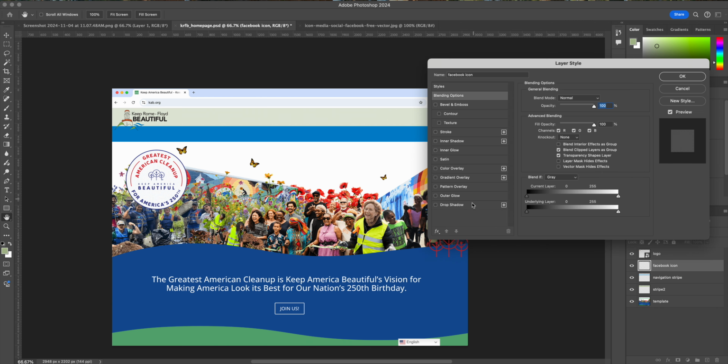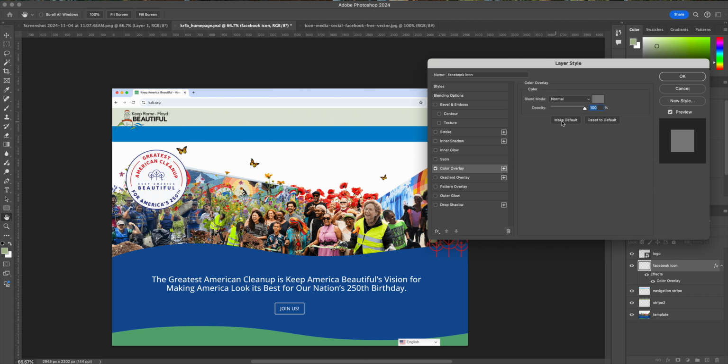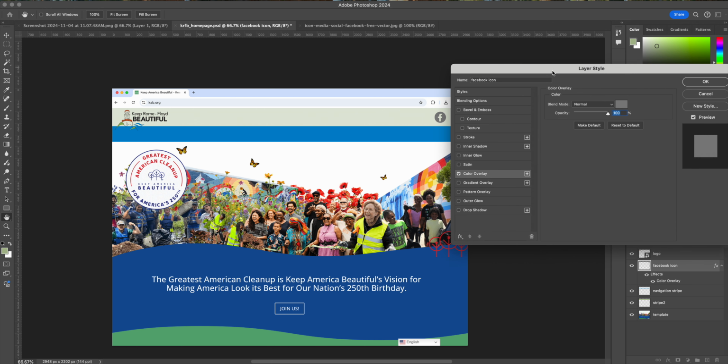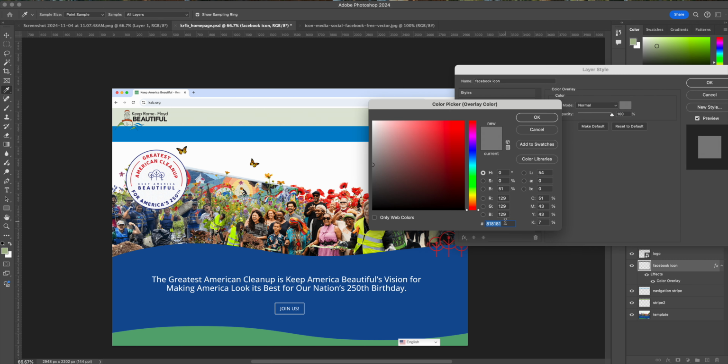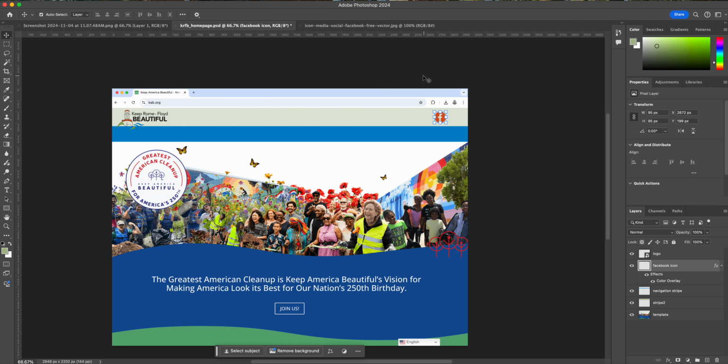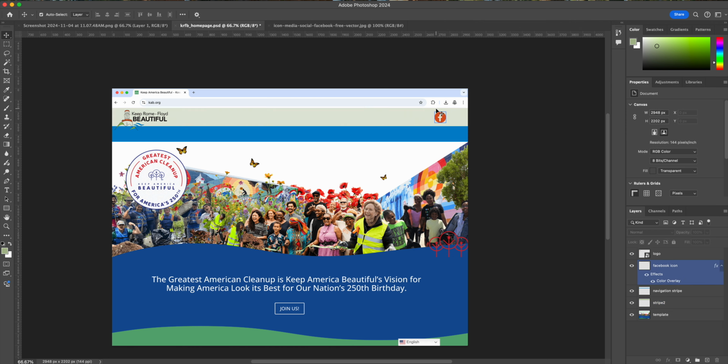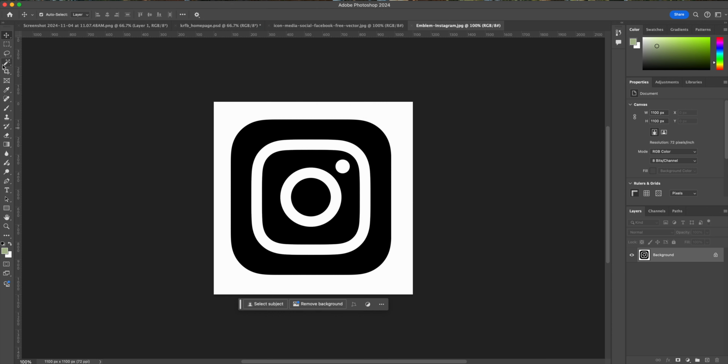If you double click in the gray area, you can do a color overlay. So you see how that's gray now? If I click on this little swatch, I can paste that brown color, that orangish brown color. And now it's the color of my style guide. So now if I open this one up and use my magic wand tool, and I'm going to hold down Shift so that I can get all the black area. I'm going to copy it,